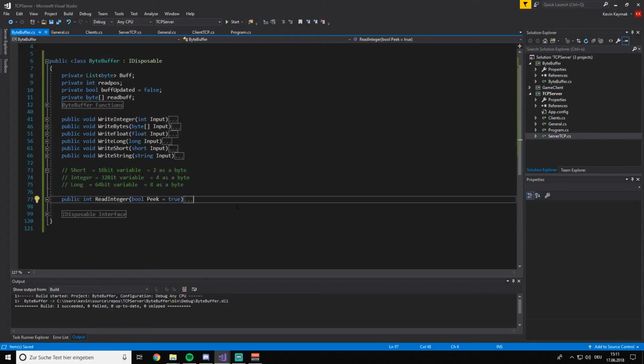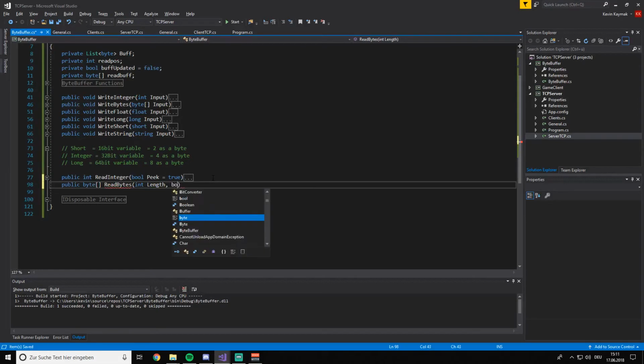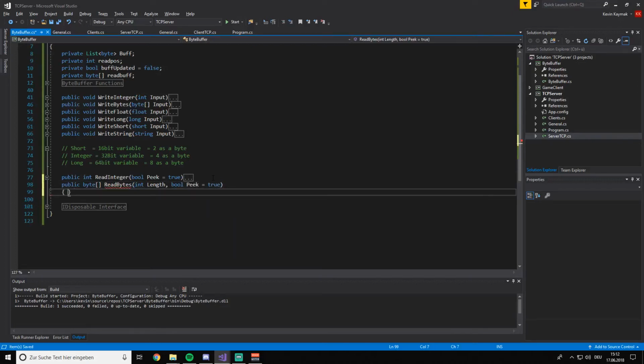As next, we want to read out a byte array from our list. So we can say public byte array ReadBytes again, but this time we need a parameter of int length, because we want to know how long our byte array actually is, and then our optional parameter of bool peek equals true. Great. To be fair,